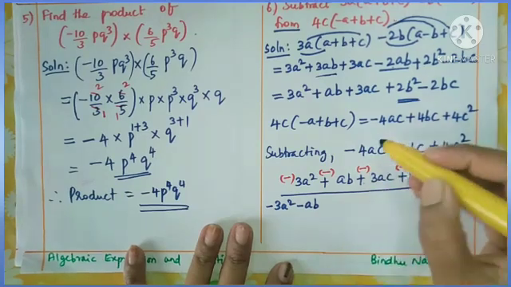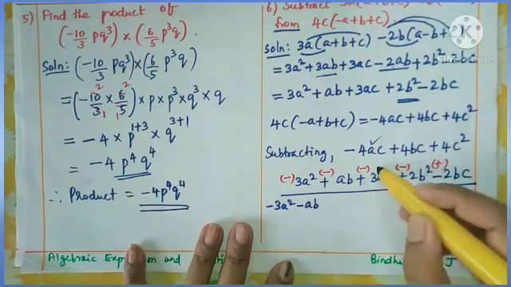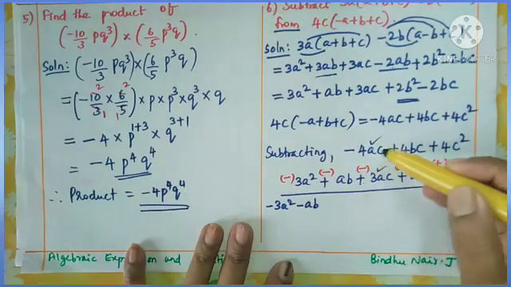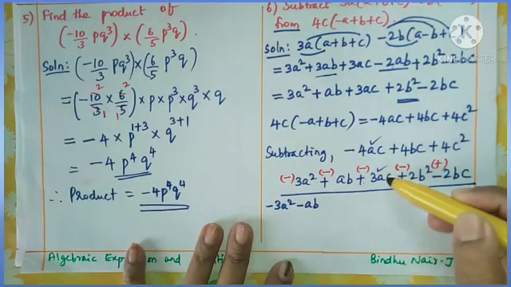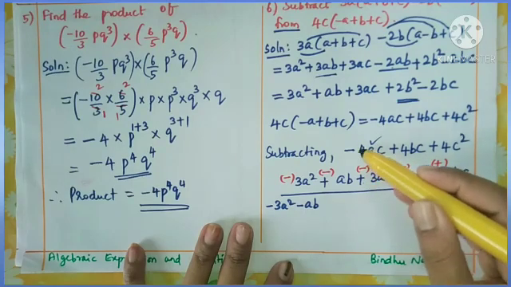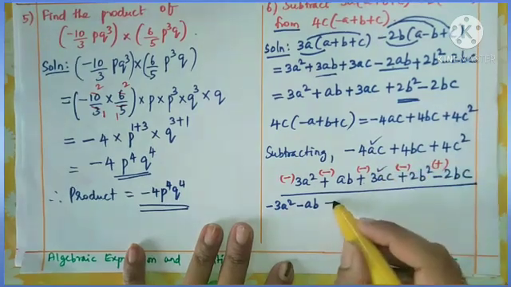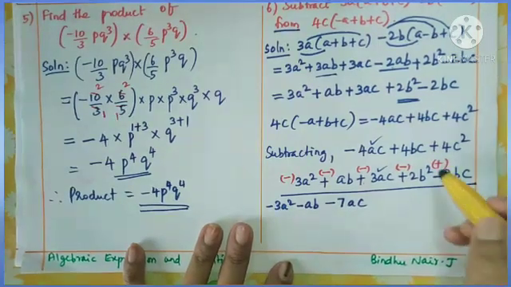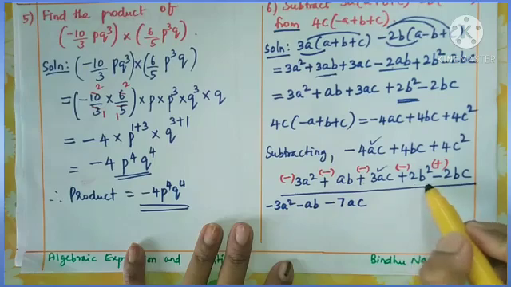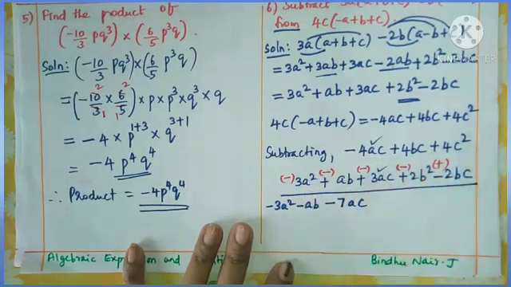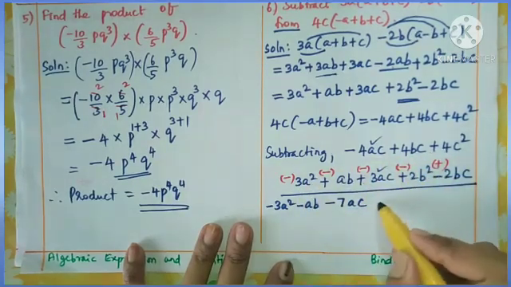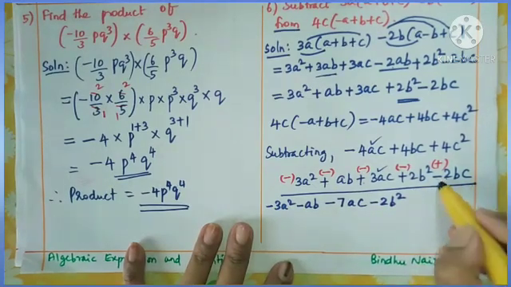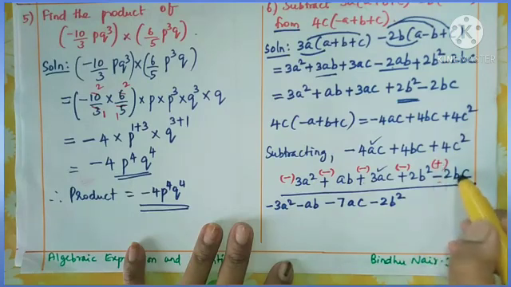Now go to the third one, ac. AC is present, so here one ac term is there, this ac. Collect these two. Here minus 4ac and here minus 3ac. Look at the sign: minus 4 and minus 3 is minus 7ac. Now come to the next term, b square. Here any other b square? No. So write as it is, this is minus 2b square.